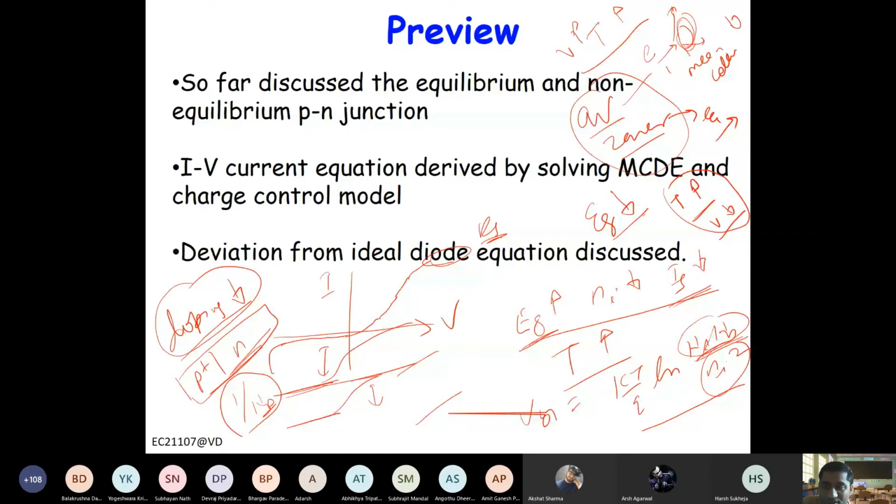But if you reduce the doping, what will happen? The resistance will increase. And if resistance increases, then what will happen? The heating will be more. So that will of course be an issue. That heating will spoil the device. You understand? It is not the avalanche. It is the heating due to the high current that spoils the device.